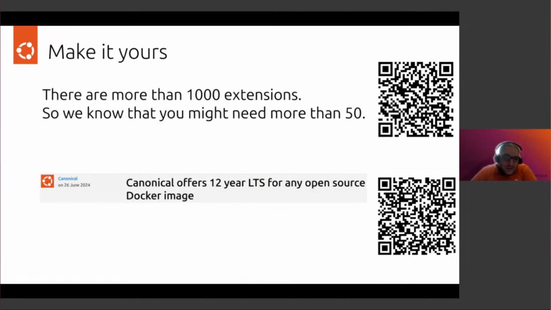You can also say that there are more than 1,000 extensions, as you can check using that link or the QR code. So what if you need more than the 50 that you support, even if that number keeps growing? What if you need three or more specifically in your installation? We have an answer for you, because we recently announced what we call Everything LTS, which basically means if you have a package, if you have an extension,